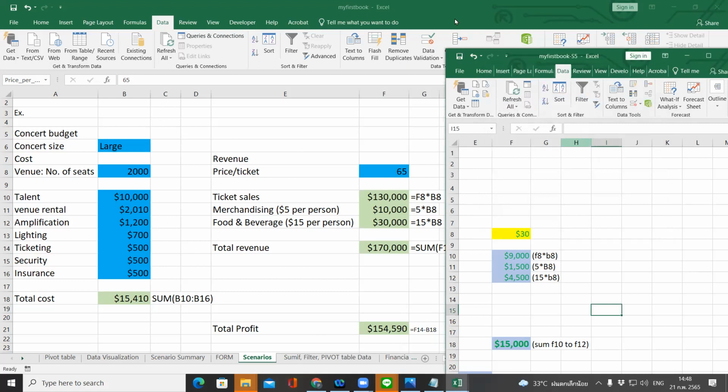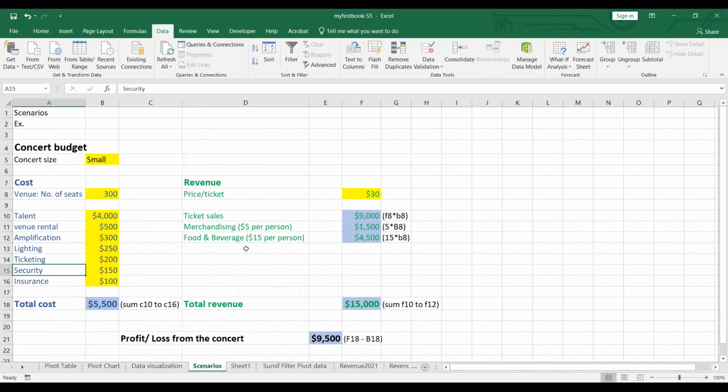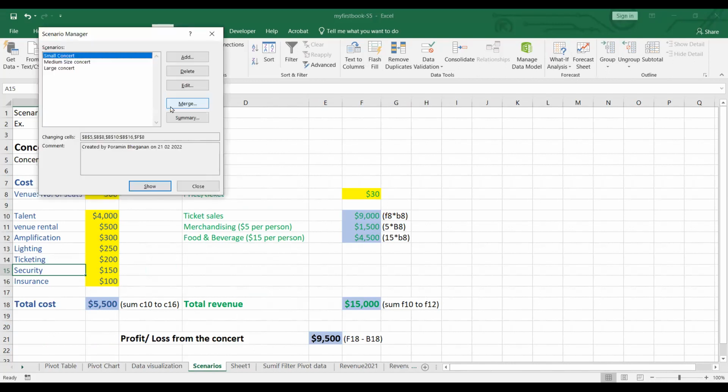screen. In your scenario manager, you should have 3 scenarios altogether. One is small concert, another one is medium sized concert, and the other one is large concert. So in this one,